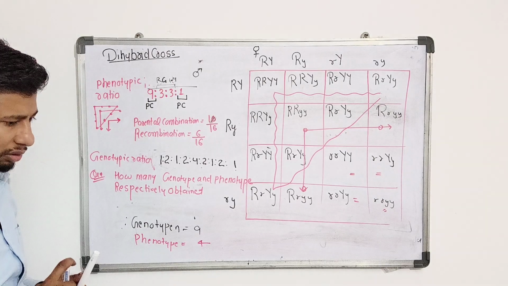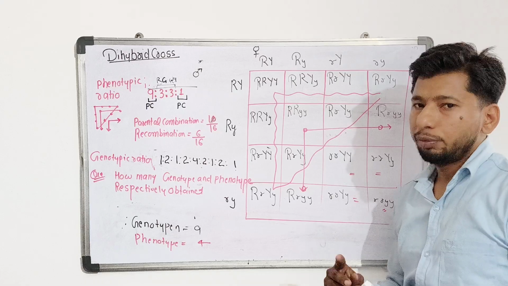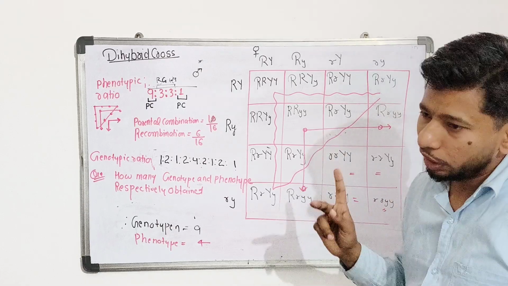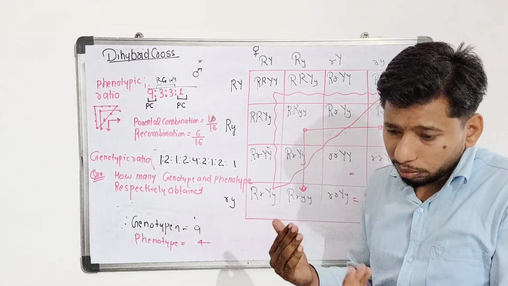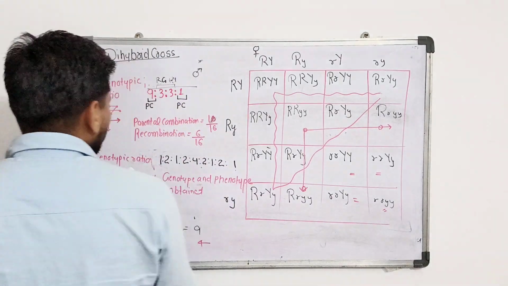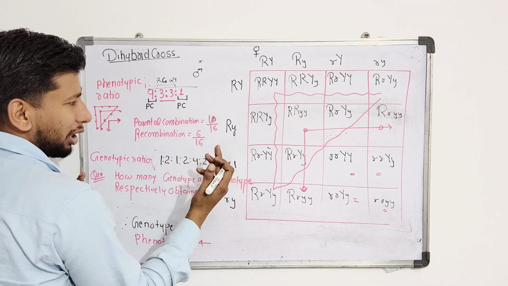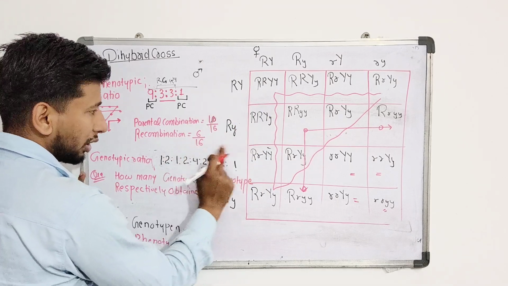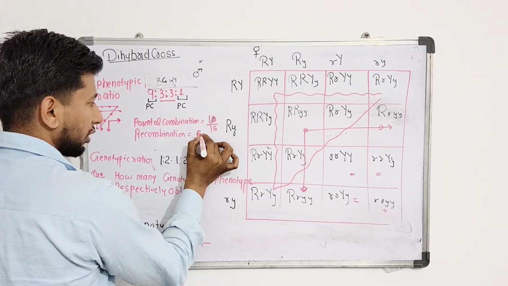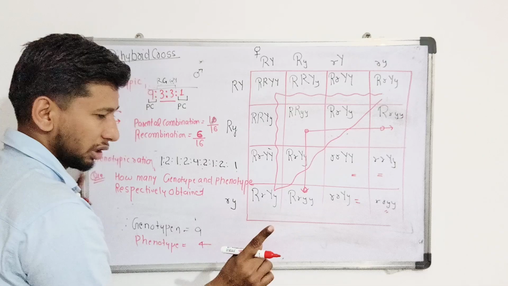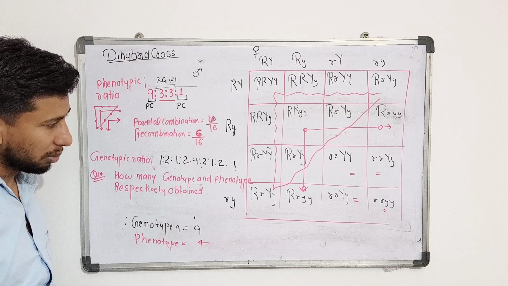So from this experiment, Mendel mainly concluded that when we study more than 2 characters at a time, the inheritance of one character is not affected by the presence of another character. How did Mendel prove this? In the phenotypic ratio, we can easily see there are 6 out of the 16 which we don't use in the F1, F2 generation, but they appear. They are round green and wrinkled yellow. So these 6 out of 16 show that the inheritance of one gene does not affect the inheritance of the other gene.